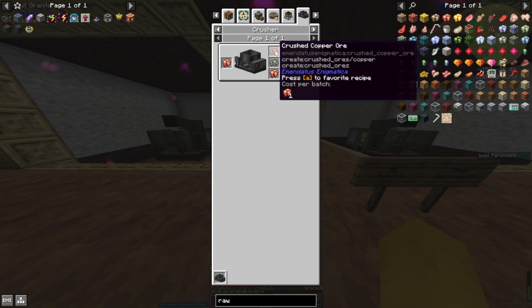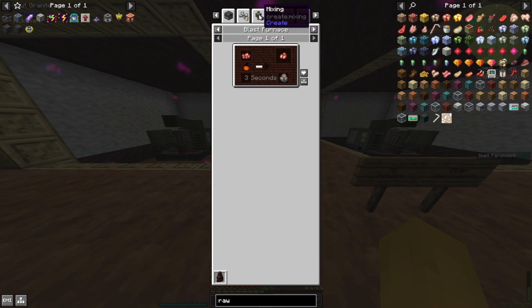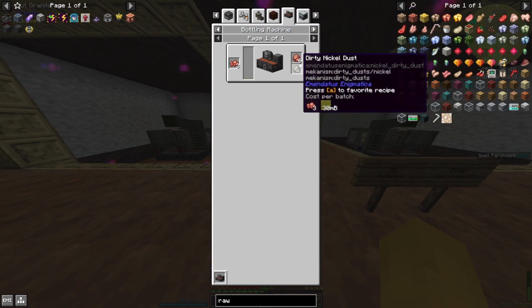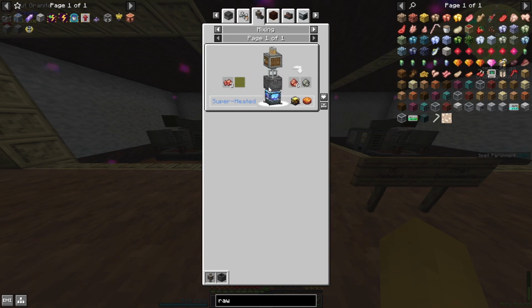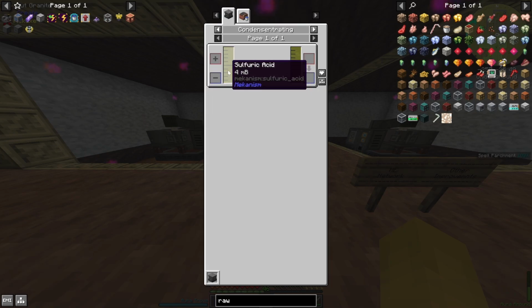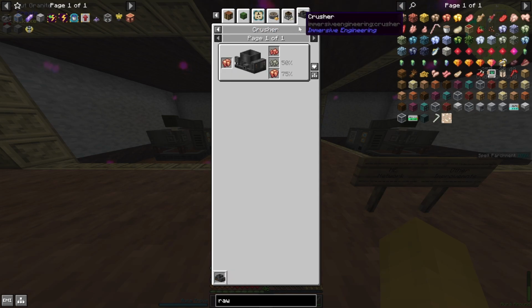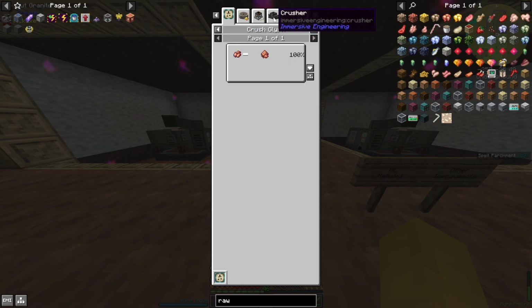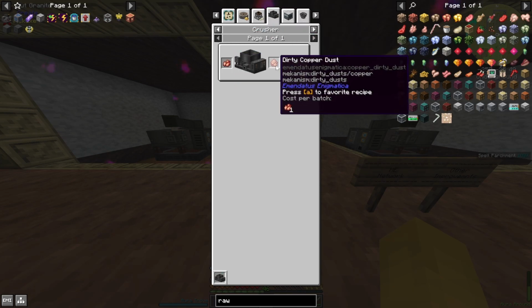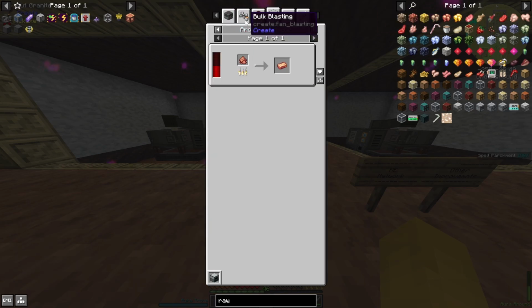Then let's take, for example, crushed copper ore. This one, in this case, we would like to blast directly. We can't mix it right now because we need sulfuric acid, and this is a bit of a rabbit hole. So for now we will just blast it. This copper clump gets crushed again into dirty copper, and this gets blasted on a regular arc furnace